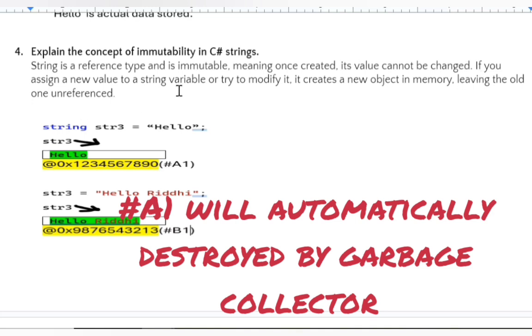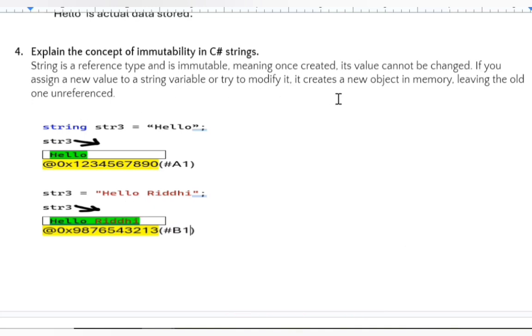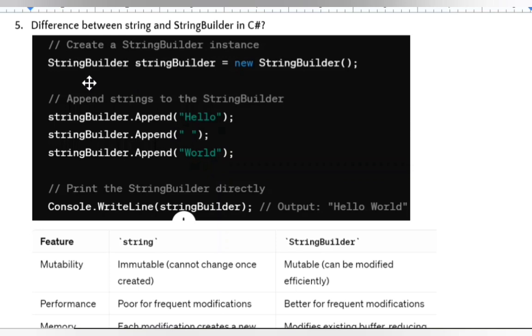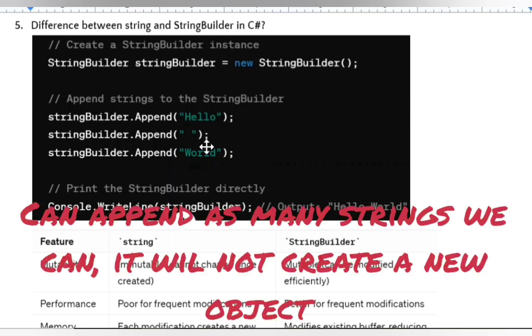If you assign a new value to the string variable and try to modify it, it will create a new object in memory, leaving the old one unreferenced. So now let's move to the next one. It says explain the difference between string and StringBuilder. Here I am declaring a StringBuilder object, then using the Append method to append the text. When I do Console.WriteLine, it will print hello space world, and behind the scenes it will create only a single memory location,